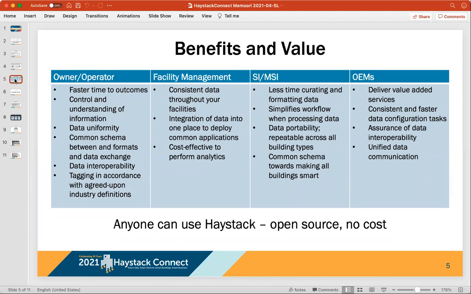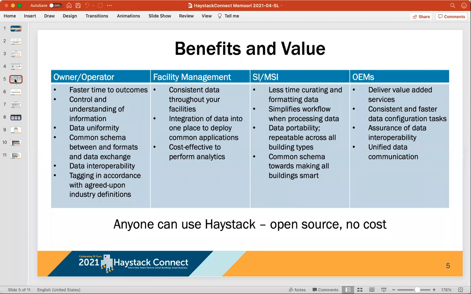It's interesting, being involved with this for 10 years, we have seen the benefits and the value just continue to expand. So for example, let's look at this from several places. Those who utilize Haystack methodology, so owners and operators, you can see that John has depicted on the screen: faster time, faster outcomes, data uniformity, tagging in accordance with agreed industry definitions. If you're on the facility side, it's consistent data,